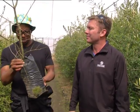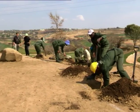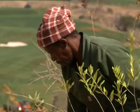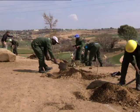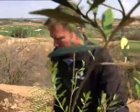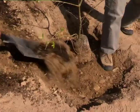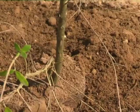Well, I'm going to be watching this one like a hawk. I'm even going to put a ribbon on it, so let's go plant it. It's part of Steyn City's transformation from an estate into an extensive parkland. There are approximately 50 gardeners here at Steyn City planting 500 to 1,000 trees every single day. And I've decided to give them a helping hand in planting a tree that will hopefully add to this urban environment that they're reintroducing. Trees clean the air, create oxygen, limit soil erosion, and when grown up, provide a home